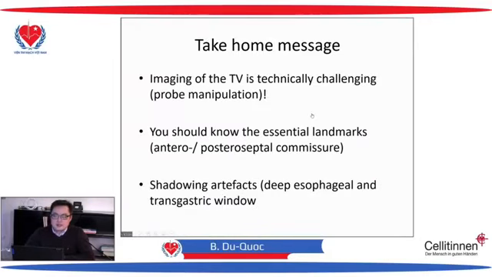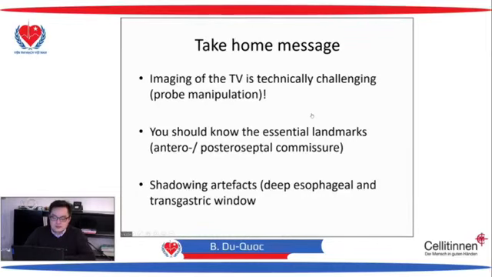Now my take-home message in the assessment of tricuspid valve. The imaging is very challenging, technically challenging. You have to do a lot of probe manipulation to get a good picture. The mitral valve is much easier, but don't do extreme flexion or retroflexion in the esophagus because it is very